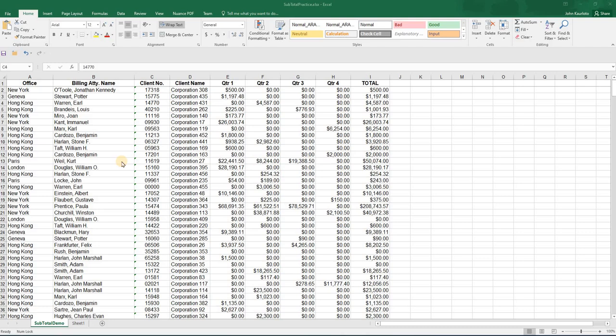In this video, we're going to take a look at the subtotal feature or function available in Excel. It's one of the ways that you can sort of slice and dice any kind of data. It's a basic way to do that. You can investigate the information that you have. So here we have a spreadsheet with office, etc., and we would like to subtotal each office by the total